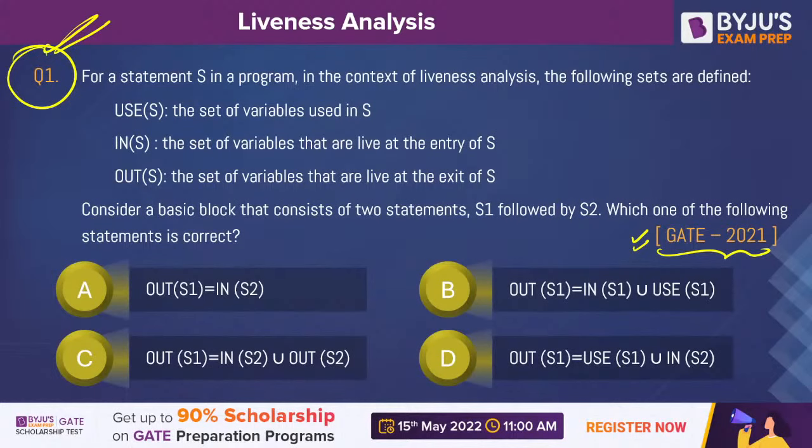So you can see in GATE exam also, they are asking very simple questions from this liveness analysis topic, right? But in GATE 2015, I guess, or in 2016, they have asked one question. So I would strongly recommend you to solve that question, okay? Because there the concept of loop is also involved. Clear? And if you get any doubt, I'm always there to help you out. You can reach out to me on Telegram. I will definitely answer that.